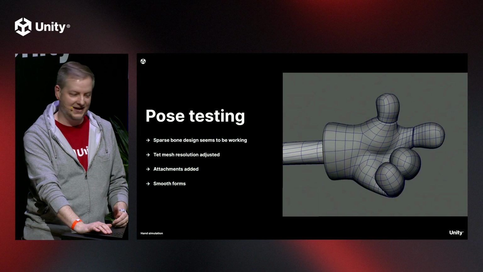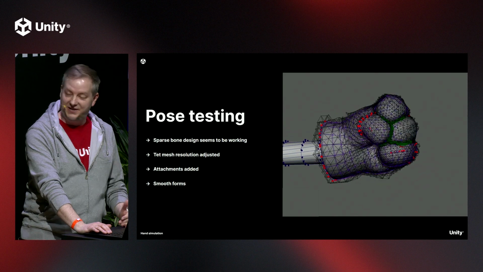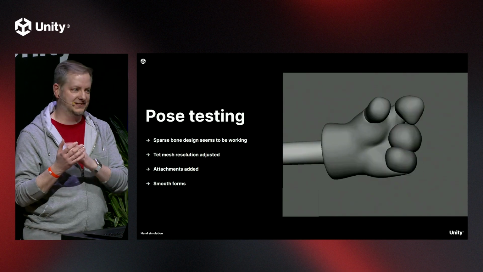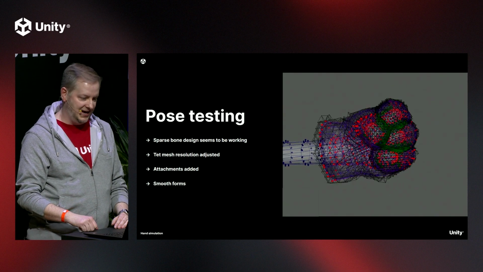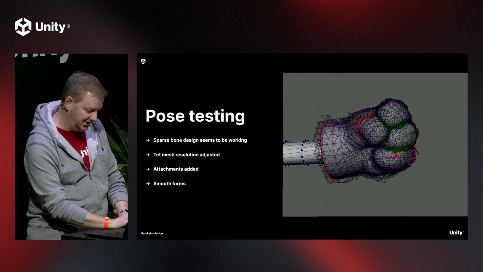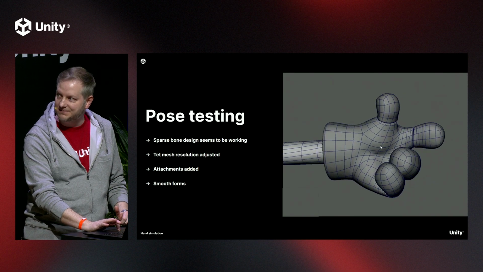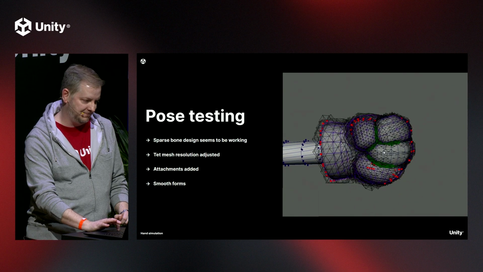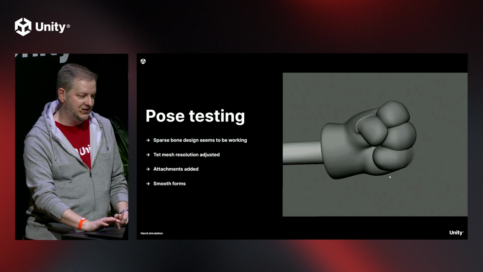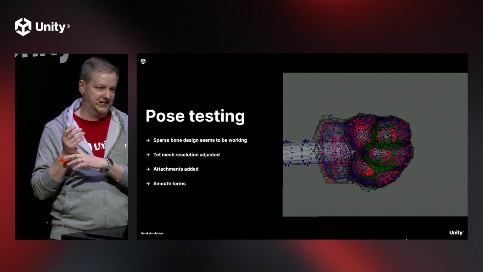So here we can see how the bones influence the tissues and how it looks moving. We can also see the tet mesh here, where I've painted some maps to increase the resolution in a few of the high detail areas. And we can also see, if I can use the mouse here, right in the middle of the palm, there's a really small attachment around here. I think it's right here. Yeah, this one. So, you know, those crease lines in the palm